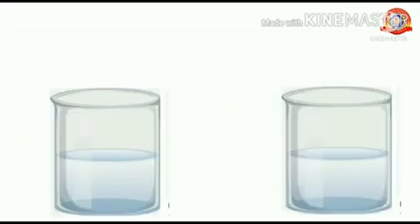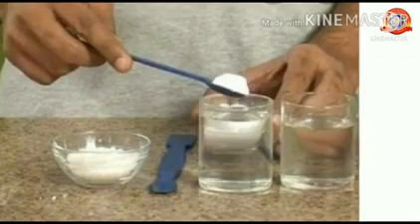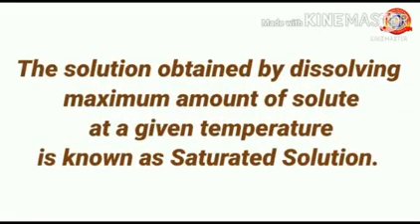Let's go through another experiment given in your textbook. Take 50 ml each of water in beakers. Take 100 gram each of powdered common salt, that means sodium chloride, and ammonium chloride. Stir and dissolve the common salt gradually in the water in one of the beakers. Observe it. The amount of salt which dissolves in the water increases. Further, no more salt becomes dissolved. A solution in which the maximum amount of salt has been dissolved is known as a saturated solution.